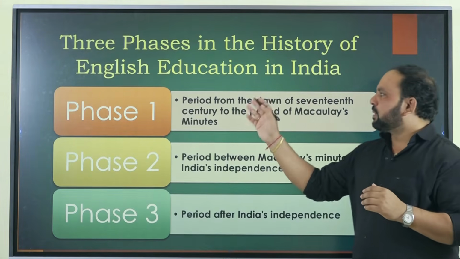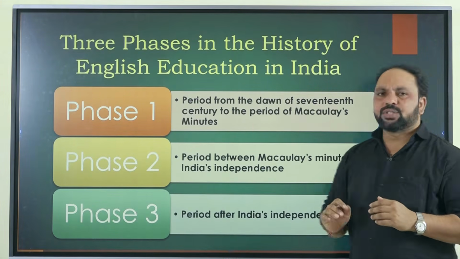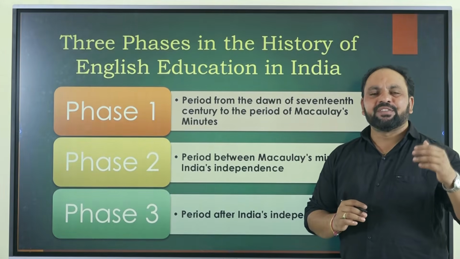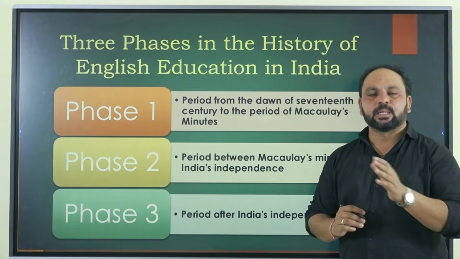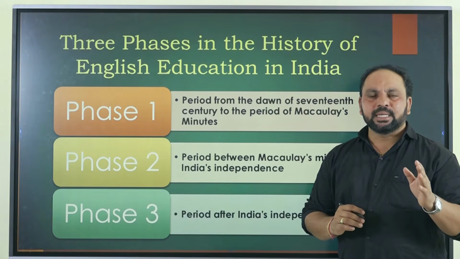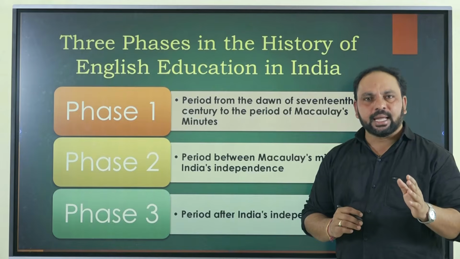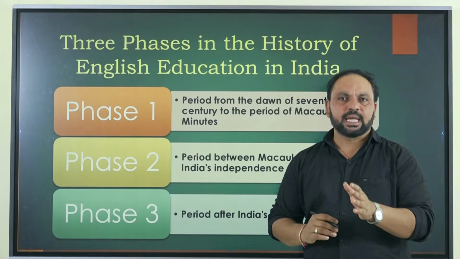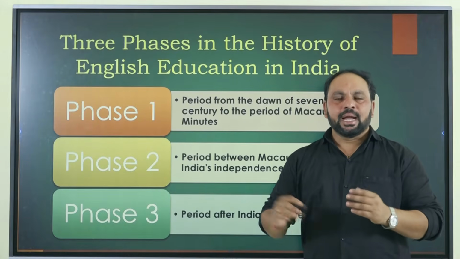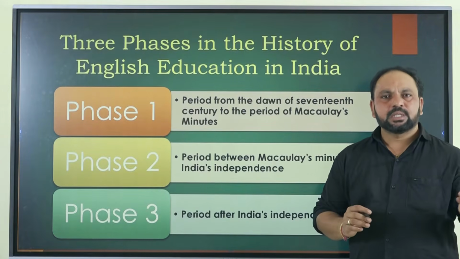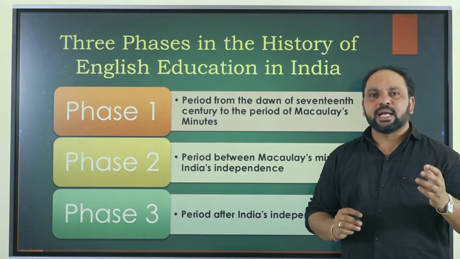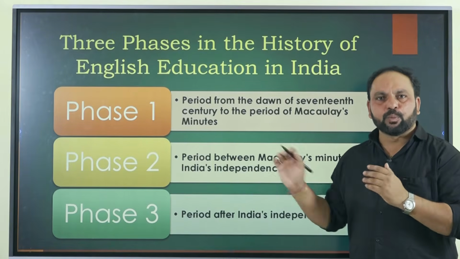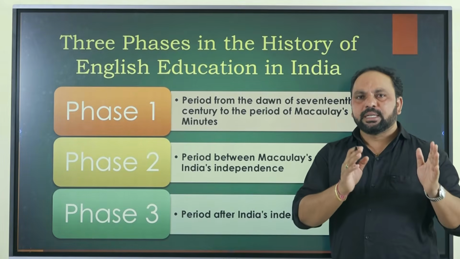Phase 1 is from the dawn of the 17th century to the period of Macaulay's minutes. It means around 1790s to 1835. The 1790s is a period where Charles Grant and other people strongly recommended the introduction of English language into Indian education, and Macaulay's minutes, which we believe made the English language the official language in education and administration. So we call that the first period, almost from 1790